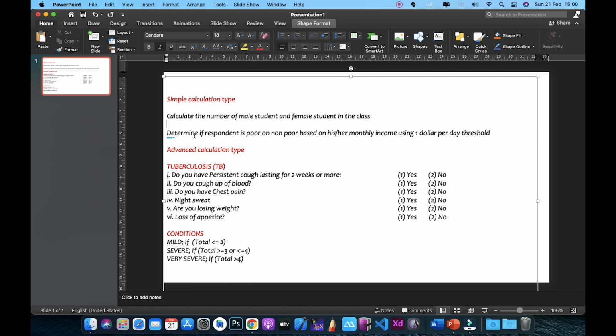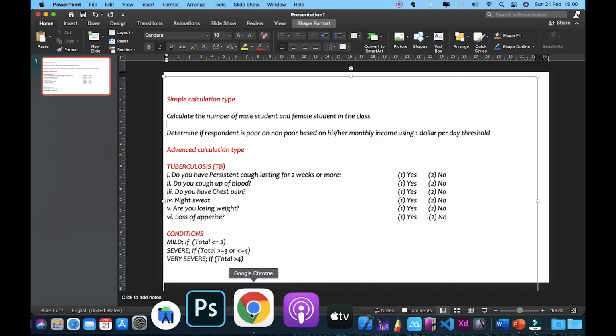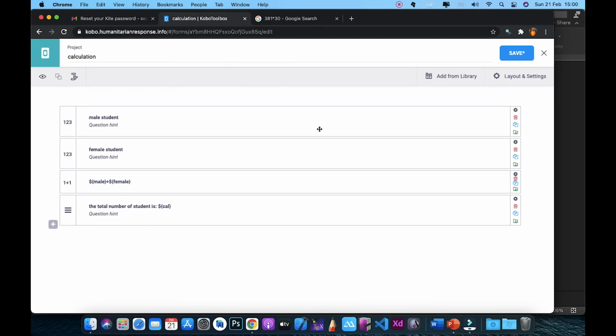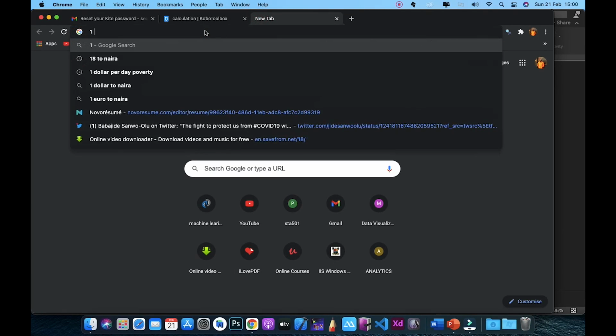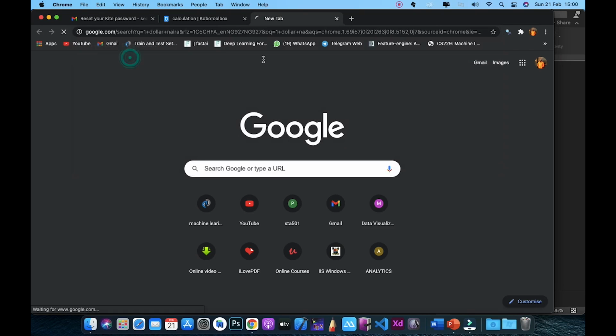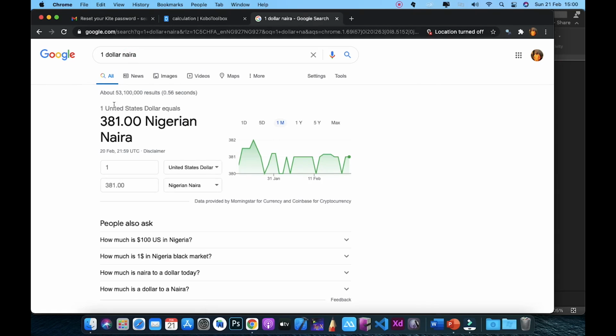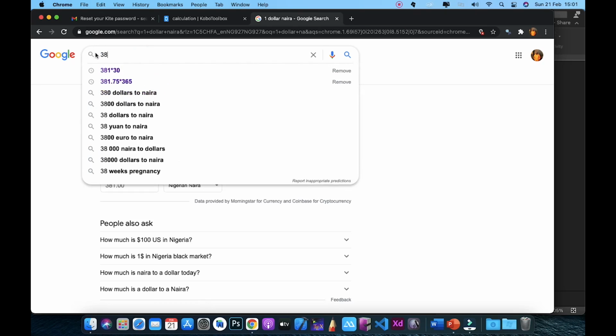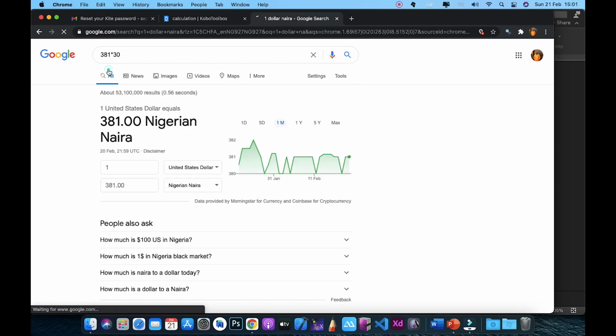So let's go to the second question: determine if respondent is poor or non-poor based on his or her income using $1 per day threshold. To do that, we all know that we convert $1 to naira in Nigeria. I'm using my country. $1 to naira is 381. So to convert this 381 to monthly, I will change it to 381 multiplied by 30, which I have